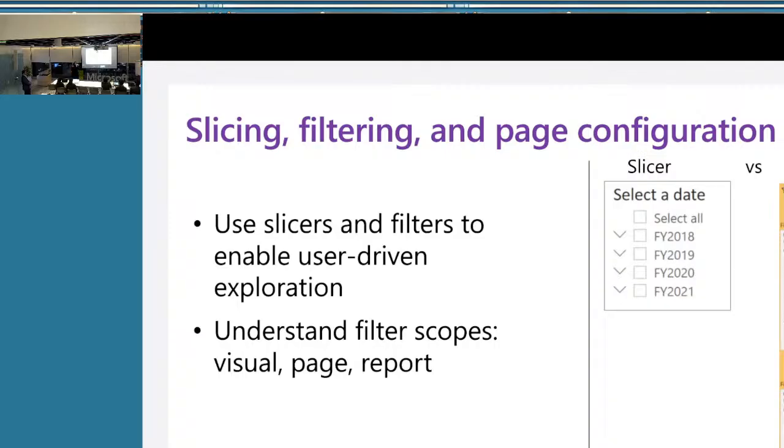For example, maybe you want to do one page and split it in half, where this part is just about this specific component and another part about another component. You can do that, so it's very important for you to understand the filter scopes. It's also good for you to add slicers. When users want to filter things in a dashboard, they can open up the filter pane, but you also have the slicer visual. It's more clear for the user what they can filter by. You can even customize it, have tiles and make it prettier and so on. You're going to explore this in the lab as well.